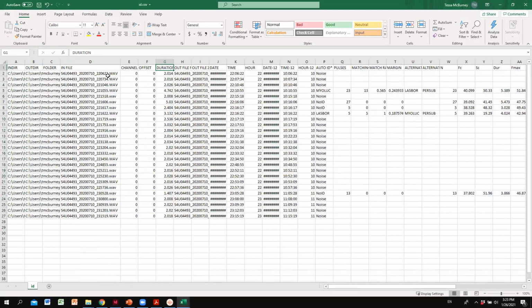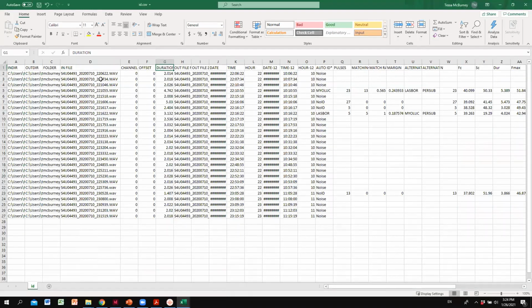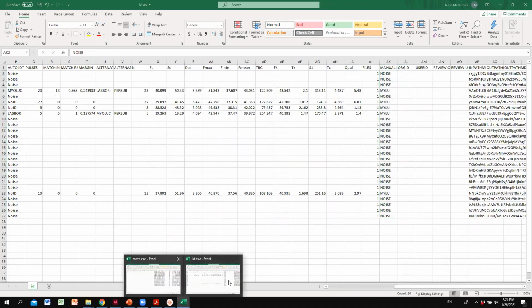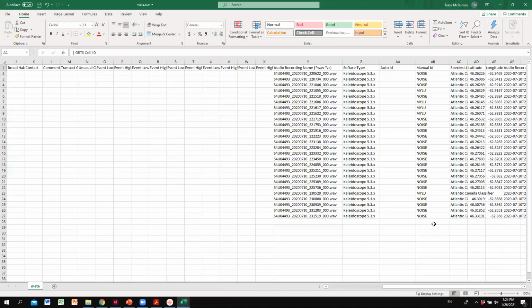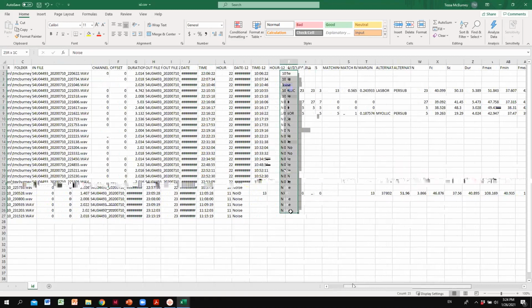So our first file here is 220622, and our meta.csv 220622, so they're the same. The next one's 220734, 220734. Okay, so you'll want to just double check that the files are sorted identically, and then you can always copy and paste your manual IDs from this column and put them into your meta.csv if any of those data are missing. Right now I'm going to copy the auto ID column because that is missing in our meta.csv sorted properly. So auto ID, I'm just going to copy